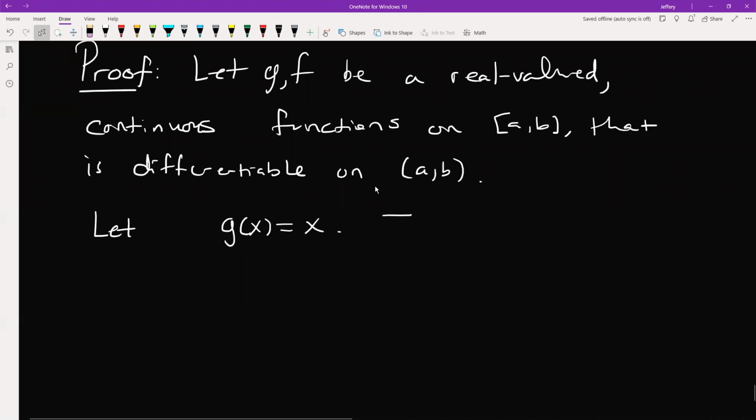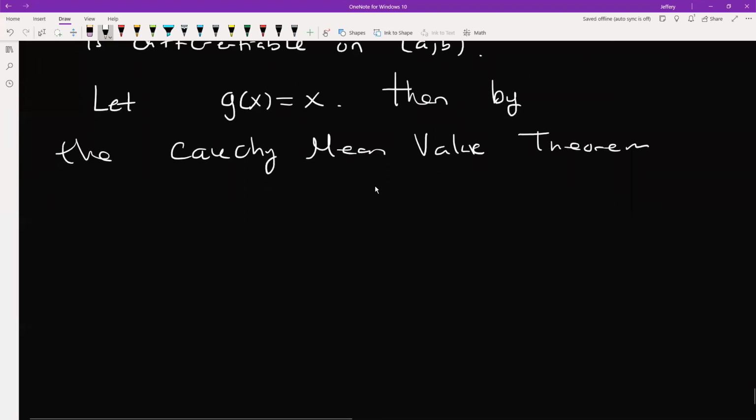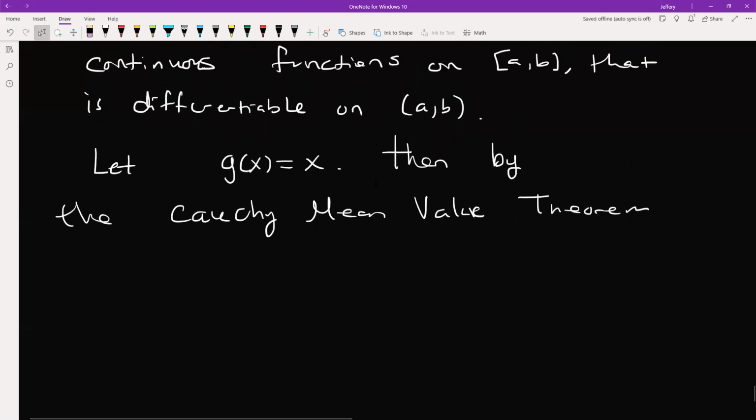Okay, so then it seems like a kind of a fake proof. It's not, but it kind of seems like it. Then by the Cauchy mean value theorem. And now if this were like a class, I would prove the Cauchy mean value theorem also, because how can you write down a proof and use it to prove another proof if you haven't proved the first one? Or how can you write down a theorem and use it to prove another theorem if you haven't proved the theorem? So that's not good, but